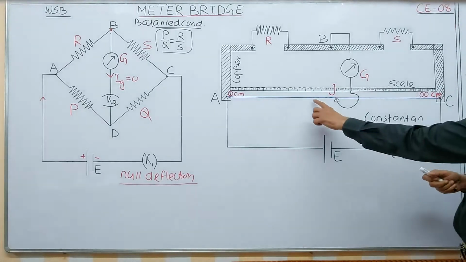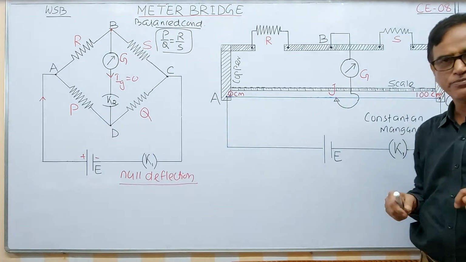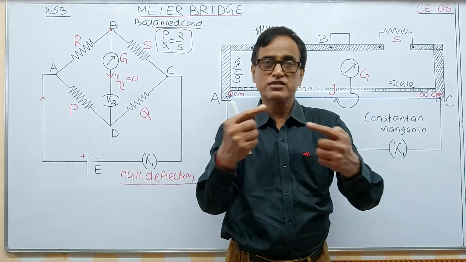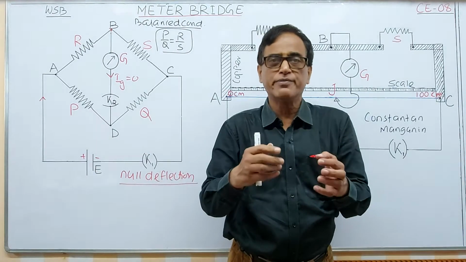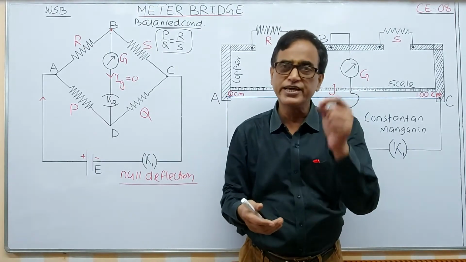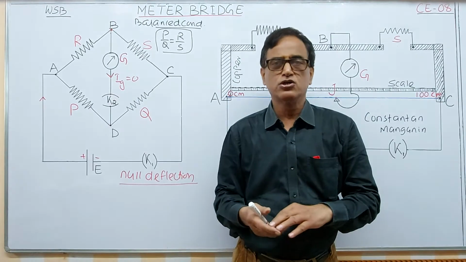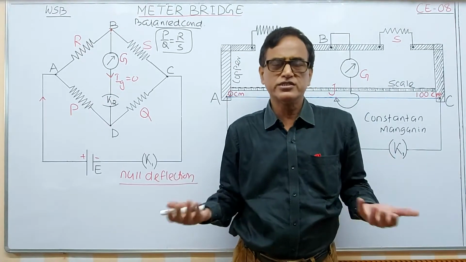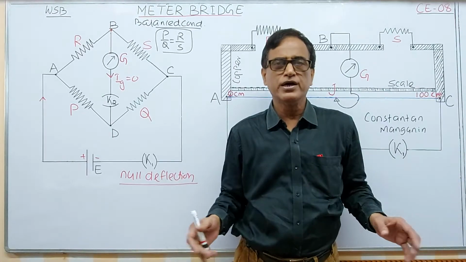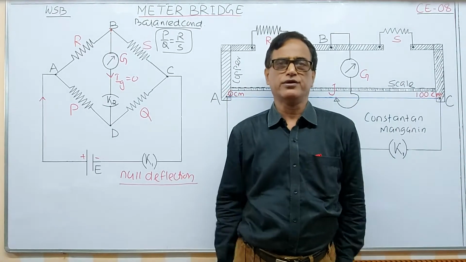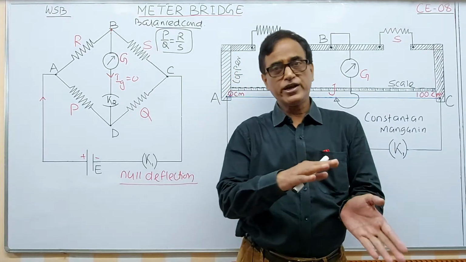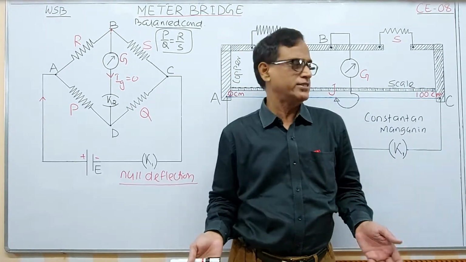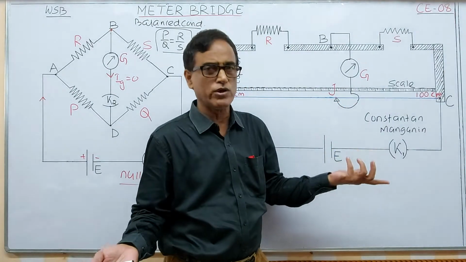The wire you see is made of this material because whenever you allow the current to flow across this, it may be heated. If it is heated, there is a rise in temperature, so resistance changes. If temperature increases, resistance changes, so the experiment will have much more error. Again, for different seasons, winter to summer, there is a rise in temperature. If temperature changes, the resistance changes. So the resistance of that wire will change.